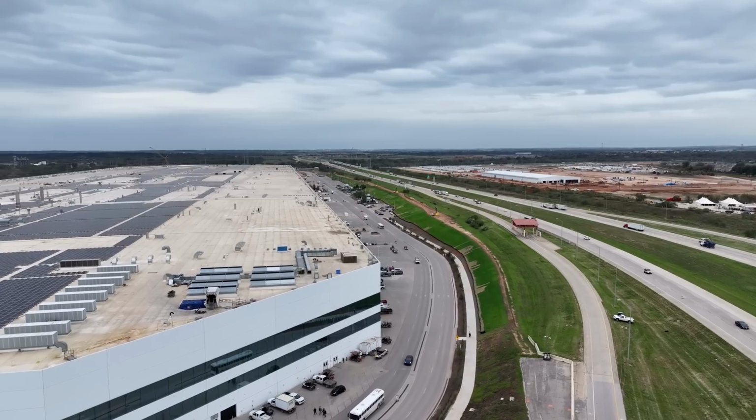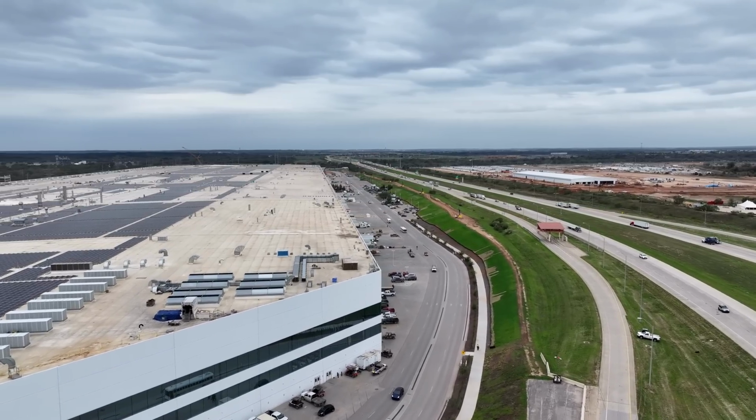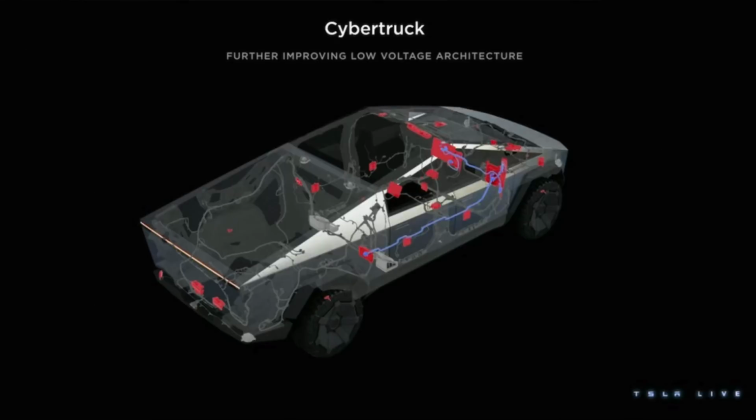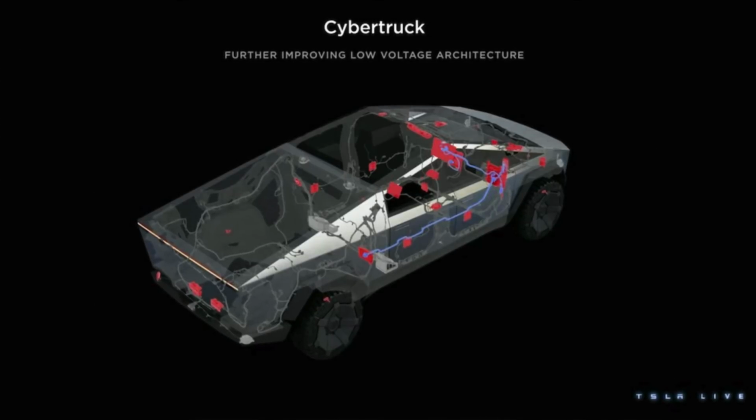One of the big things holding other automakers back has been reliance on suppliers. Tesla is so vertically integrated that they were able to make this switch in-house. Reduced wiring is something that helps cost and complexity. The lower the current, the less wiring necessary, and Tesla was able to quarter the amount of copper wiring necessary